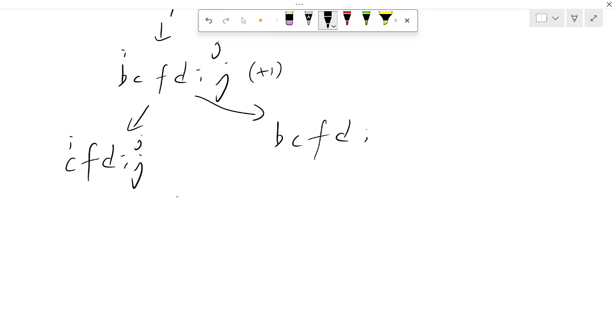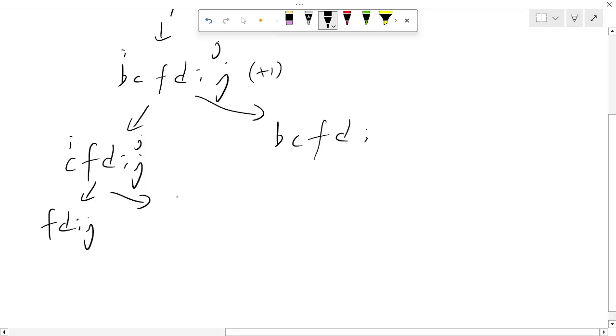This time here also the i and j characters are not equal, so let's increment our i and let's decrement our j.